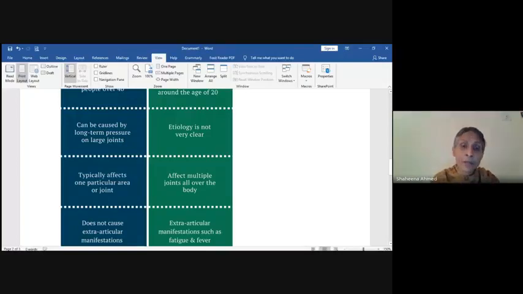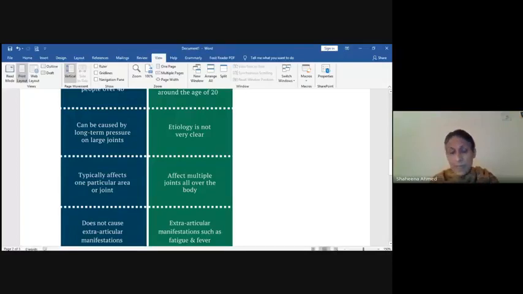Now, another important thing where these two are concerned: in rheumatoid arthritis, it is the synovium which is basically affected. The major thing that is affected first in rheumatoid arthritis is the synovium. From there, the pathology spreads and involves the cartilage. Whereas in osteoarthritis, the cartilage is the basic target. It is the basic tissue which is involved. And as the pathology progresses, from the cartilage it spreads onto the synovium and the surrounding tissue.